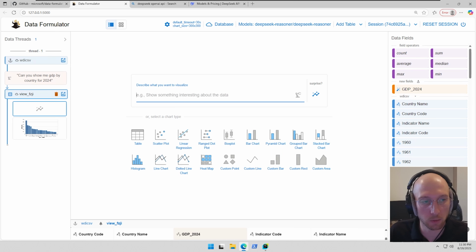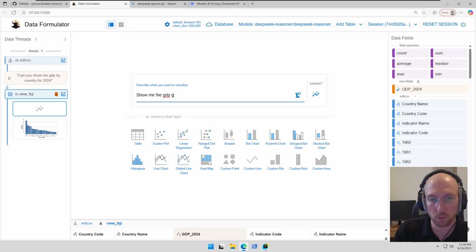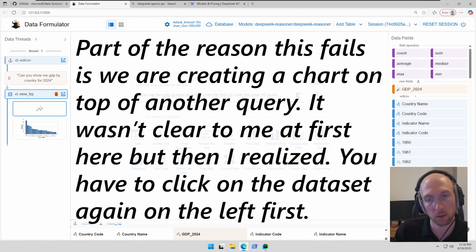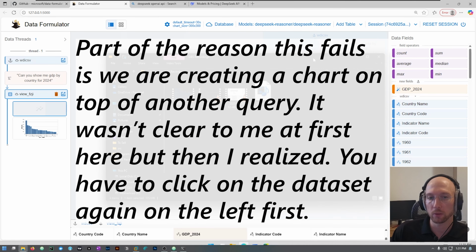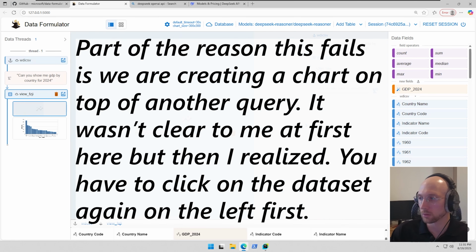Create new chart. And we're going to create, show me the GDP growth between 2020 as a line chart for the US for the past 10 years. So now we're getting a little bit more complex. Let's see if it can handle this. And while we're going through this, I am going to